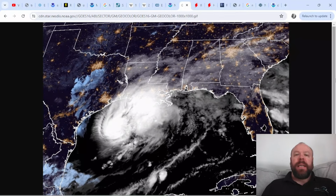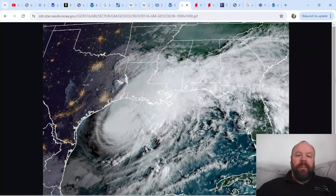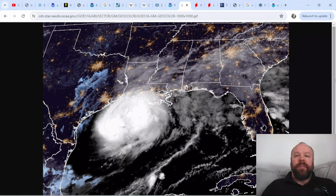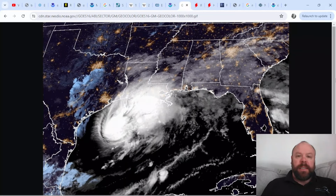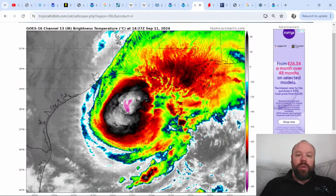It is Wednesday, the 11th of September, and this is the latest high-res imagery showing Hurricane Francine to the southwest of the central coast of Louisiana, expected to make landfall in a few hours' time. And you can see here this imagery shows the sun coming up this morning across the Gulf of Mexico and southern United States. Looking at the latest up-close IR imagery showing Francine, you can see that we do have a